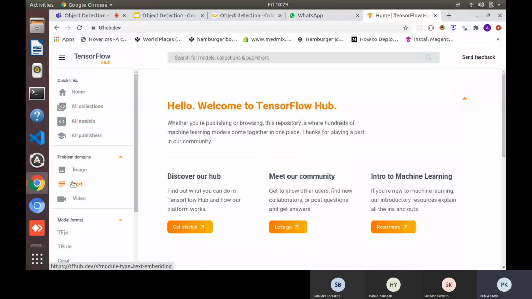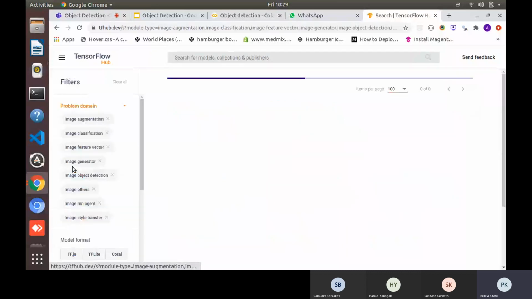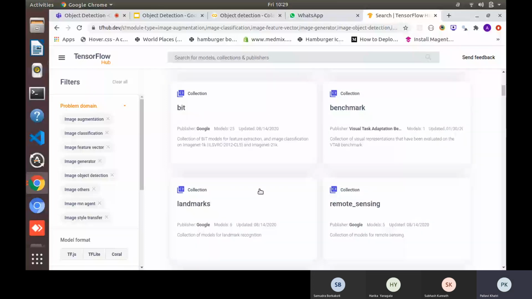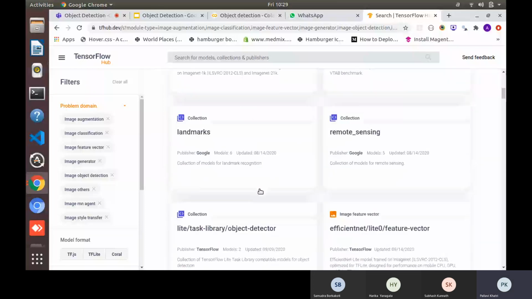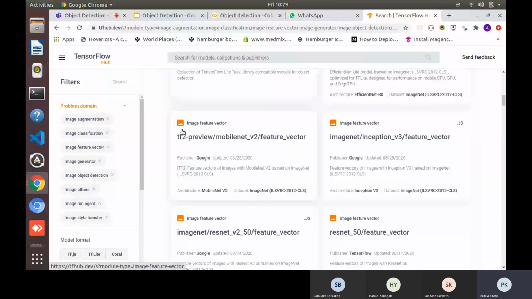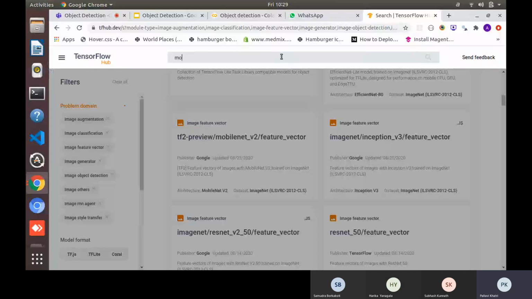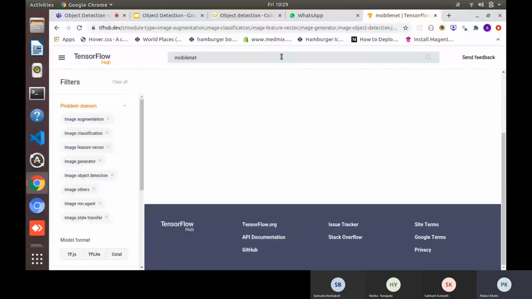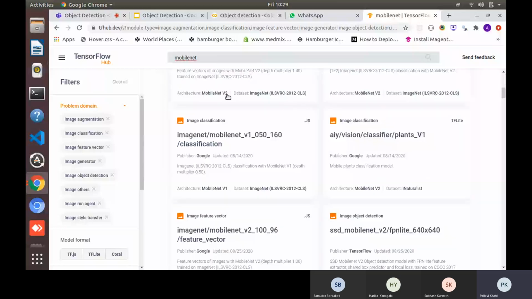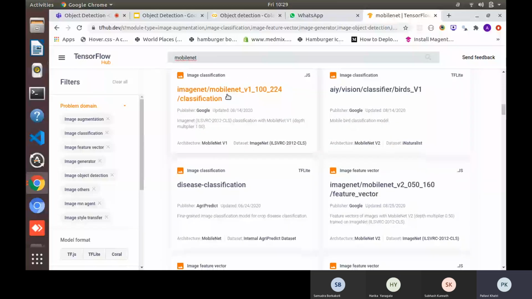I can go to, let's say, image based models. Then if you see here, there are so many models. So I can see MobileNet. I'll search for MobileNet. Oh, not MobileNet version 1 classification.